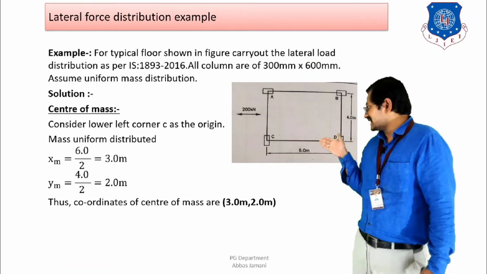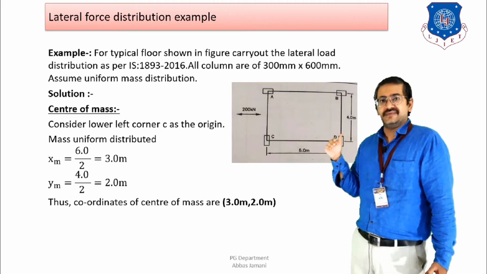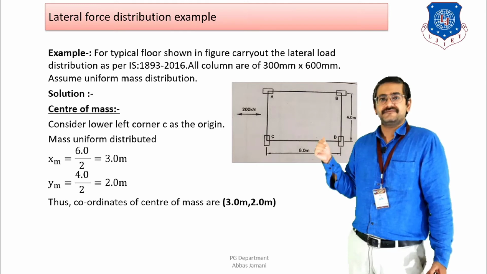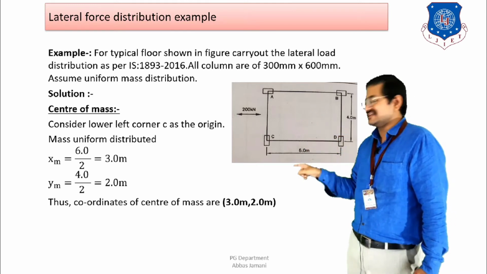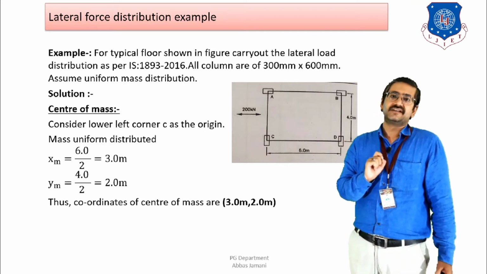If you look at the figure, then the force is being applied in the x direction. So what is the value of BI? BI is equal to the perpendicular dimension to the direction of application of force. So if my force is being applied in this direction, then the perpendicular dimension that I can see in the figure is 4. So that is why I can say that the value of BI is to be taken as 4.